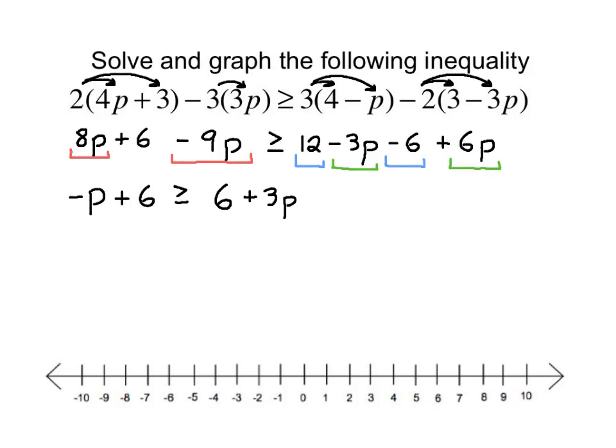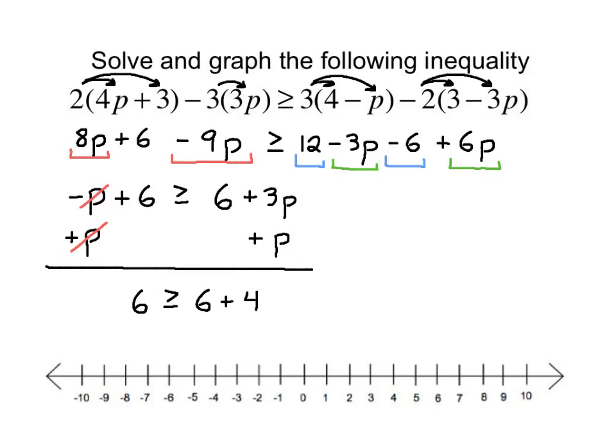So now that I've distributed and simplified both sides of the inequality, we do need to get, first of all, both these p's on the same side, and then combine them into one p term and simplify. So first, if I want to bring both p's to the same side, I think if I add p to both the left and the right hand side of this inequality, this will give me this new inequality. And negative p plus p, those are simply going to cancel. This is going to leave me then with 6 greater than or equal to 6